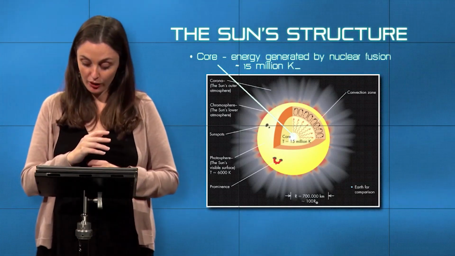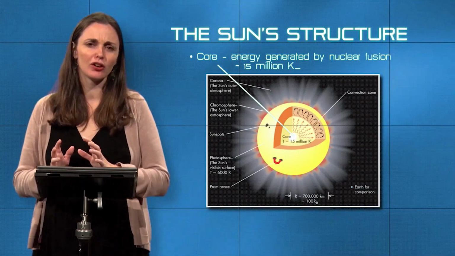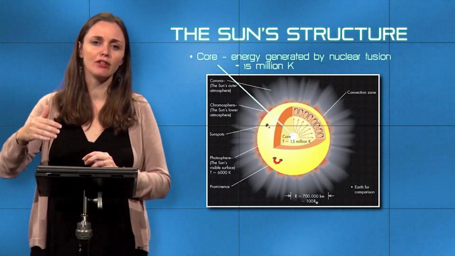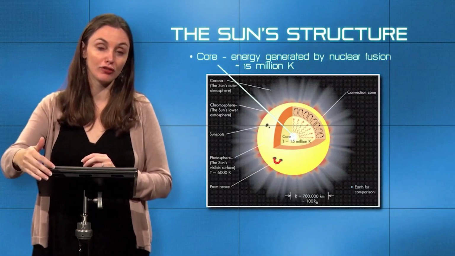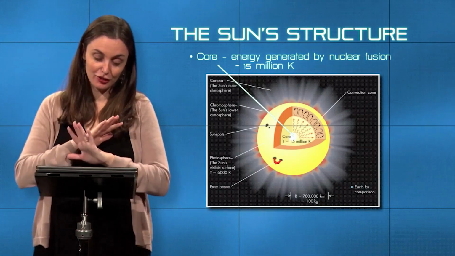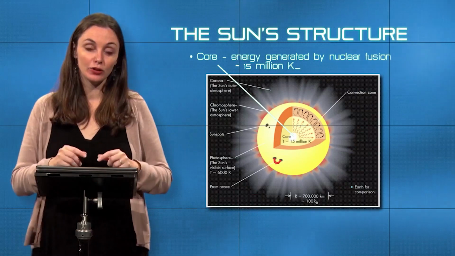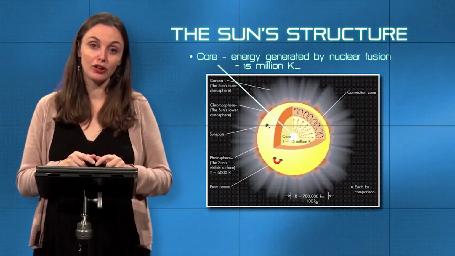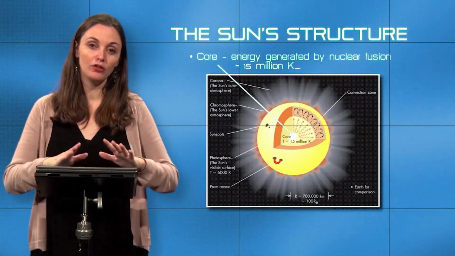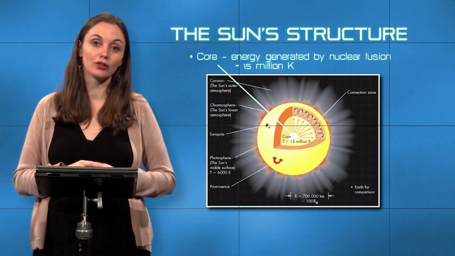So that's, to give you a corresponding temperature, temperatures on the surface of the Earth rarely get up above maybe 270, 300, maybe 350 degrees Kelvin. This 15 million Kelvin is conditions that we never ever see naturally occurring on the surface of the Earth. This is where fusion happens because temperatures are high enough, and fusion is the source of all of this energy that's moved outwards out to the surface of the sun and then converted out into pure energy that travels through space.